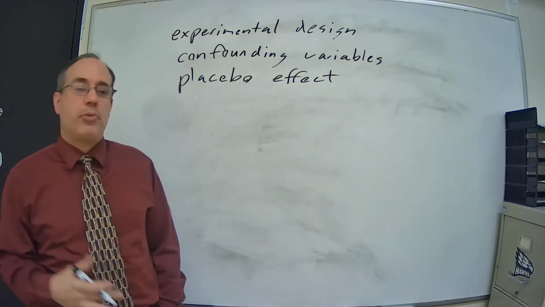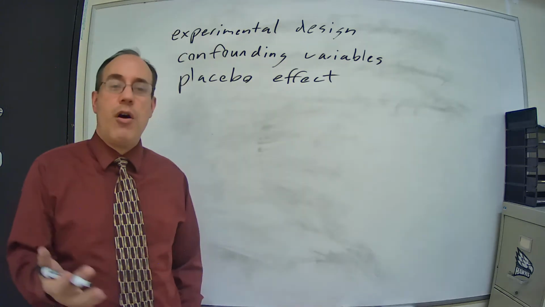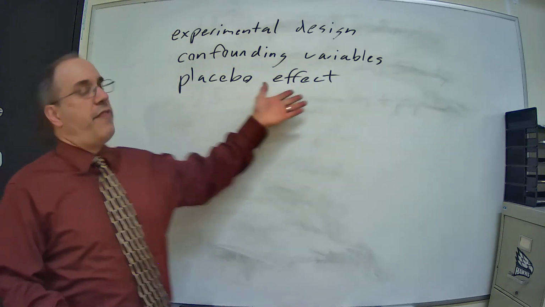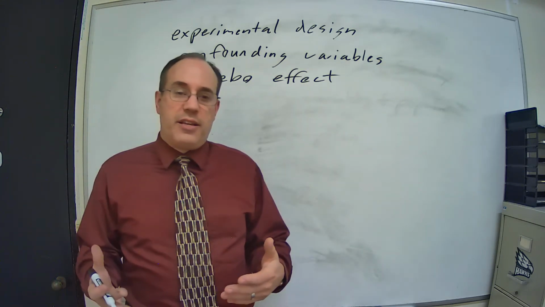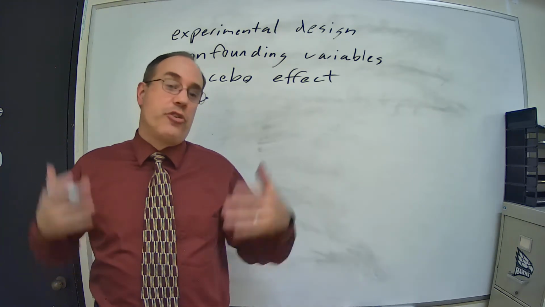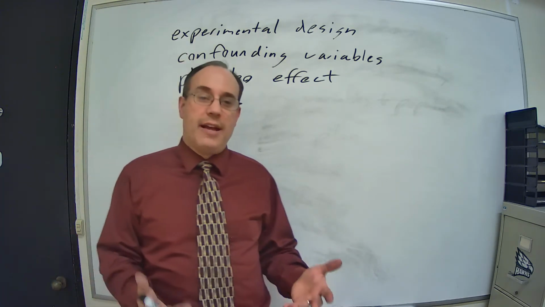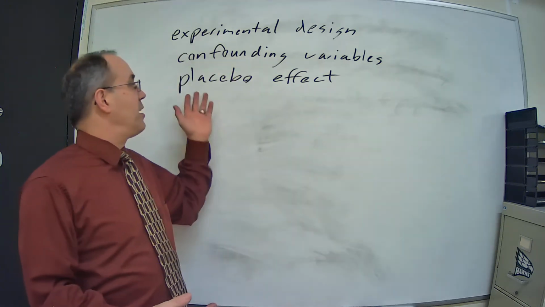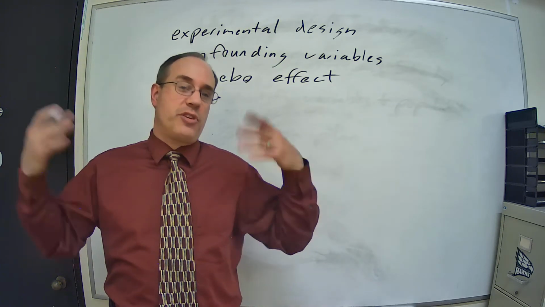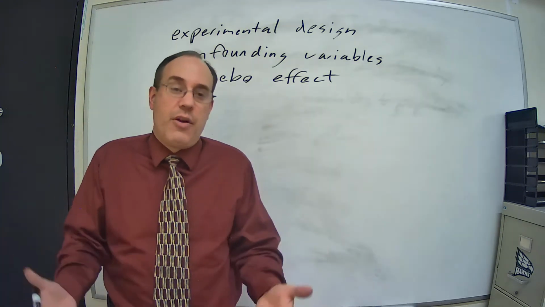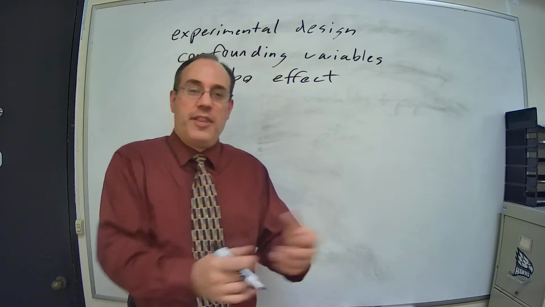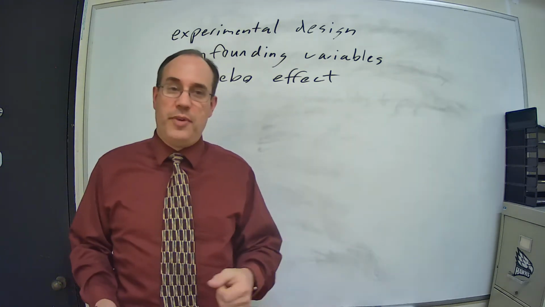We talked about giving a placebo to the control group so they didn't know that they were not getting the treatment. Well, the placebo effect basically says that it's mind over matter, what your mind believes can cause you to react in certain ways. So by giving them a placebo, they may believe that they're actually getting the treatment, and that may have an effect on the outcome. That could cause a change. So it's not the treatment that caused the change, but the thought that they were getting the treatment that caused